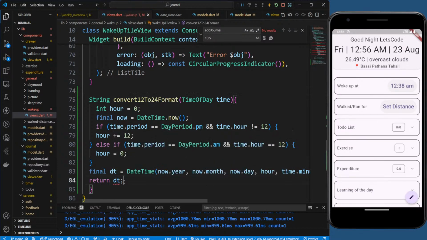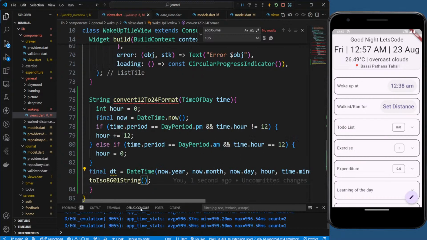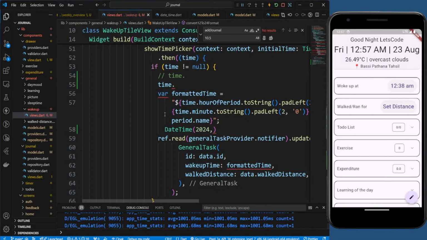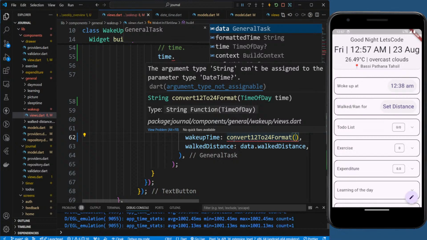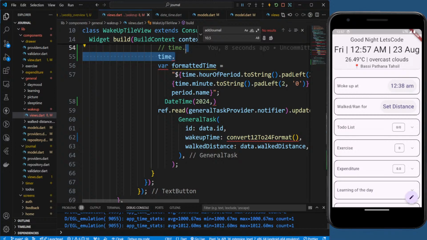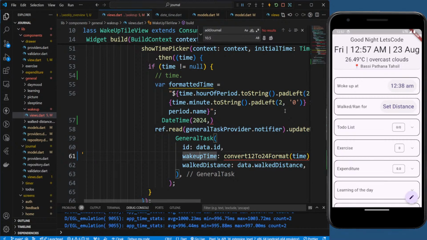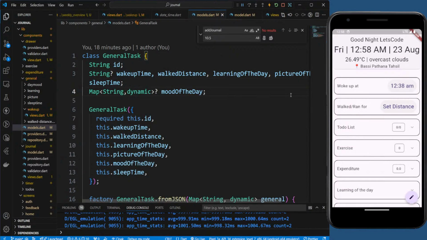It's the string, and what we can do is the same thing, toString, and just return this. This will be fine, and here convert 12 to 24, wake up time, where we can just pass the time. That is correct. Let's go to the model. Let's revert the changes. We'll keep the string. Okay, and